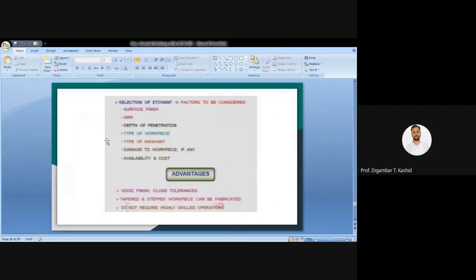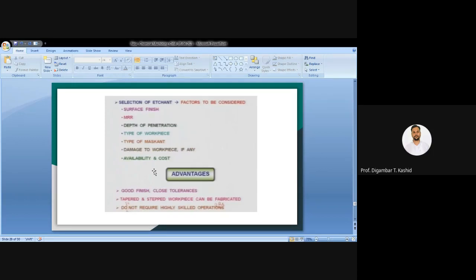So I have explained that selection. Now along with this, we have some advantages of this process. There are certain merits or advantages for this particular process as compared to other processes. First, you get good surface finish using this PCM technique.